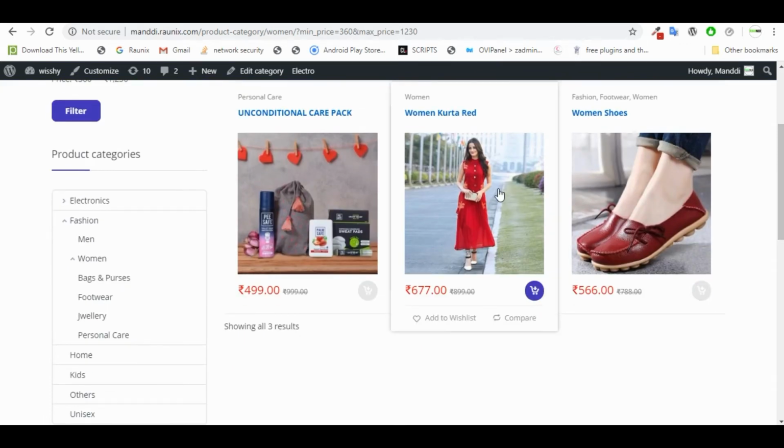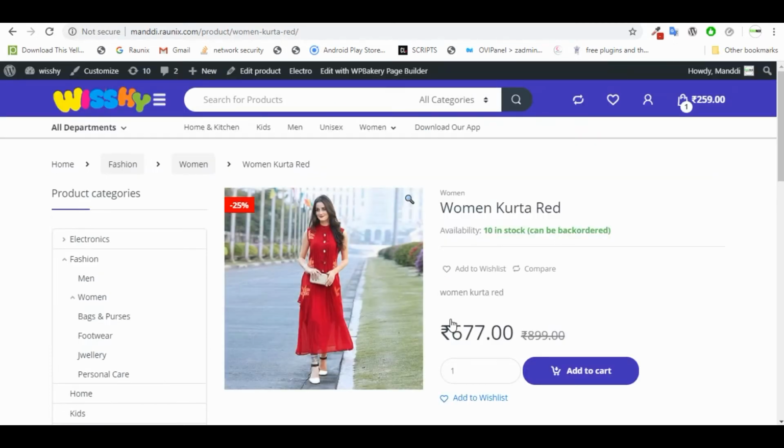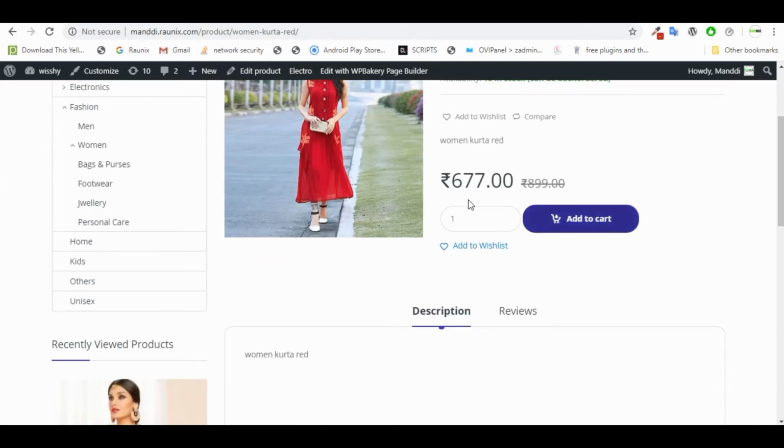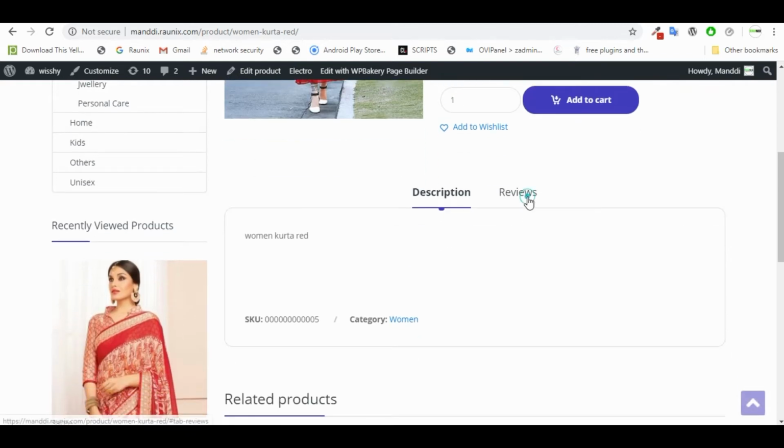Now we'll understand how you can buy a product using the Vishy. As you can see, this is the product we are trying to buy. This is the stock available. And now as you can see, this is the add to wish list. Wish list means you don't want to buy right now, but you want to save it. Now it is the add to cart. Here you can increase or decrease the quantity. Here we can write any quantity we want. This is the description and review, and this is the related product.